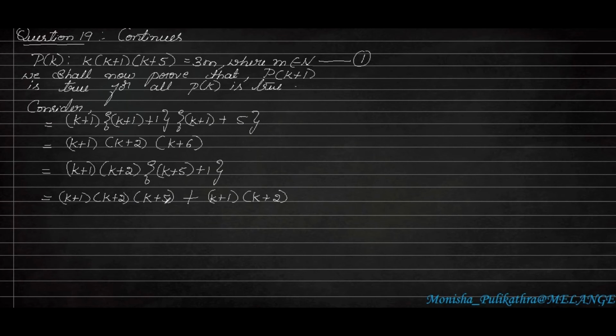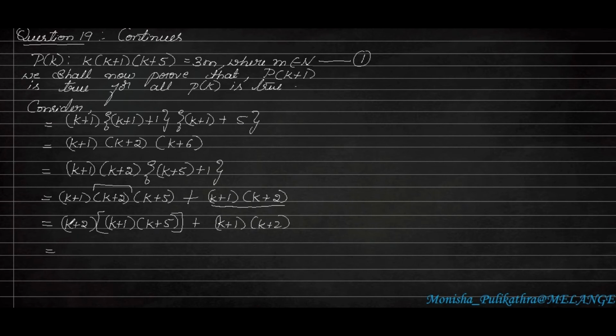Here k plus 1, k plus 2, k plus 5 is arranged as a separate multiplication form, and k plus 1, k plus 2 is arranged in another multiplication form. So we have to keep this k plus 1, k plus 2 as it is, and make some interchange of these things. That is, I will be multiplying this k plus 2 with both of it. So first I will be arranging it. That is k plus 2 right in the starting point. Next we have to write k plus 1 and k plus 5. Okay, so let this be a group, and plus k plus 1, k plus 2 write as it is.